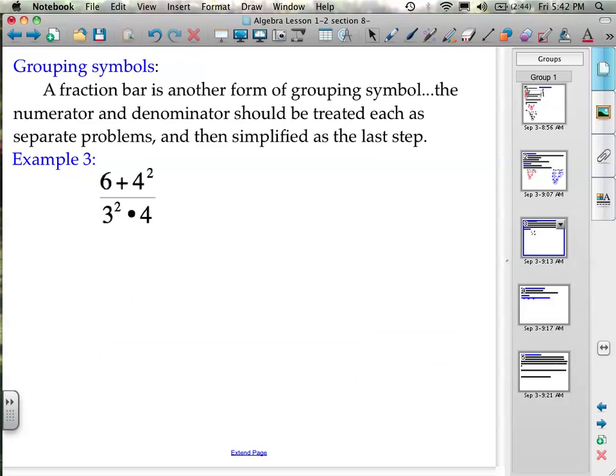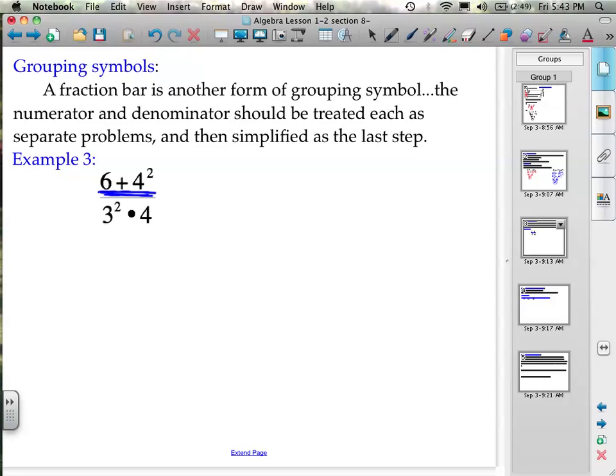Now, going on to grouping symbols, we then move on to what appears to be a fraction bar. Obviously, a fraction bar really means that there's a problem on top as well as a problem on bottom. So, what you should do in this situation, since everything is being added on top and then there's multiplication on bottom, is simplify the problem